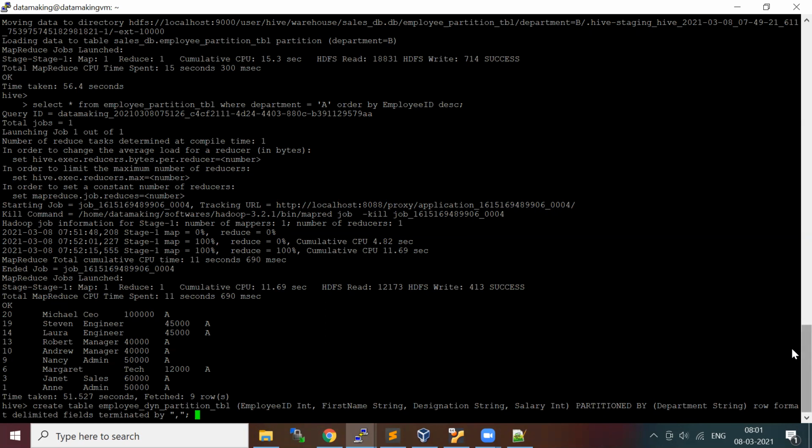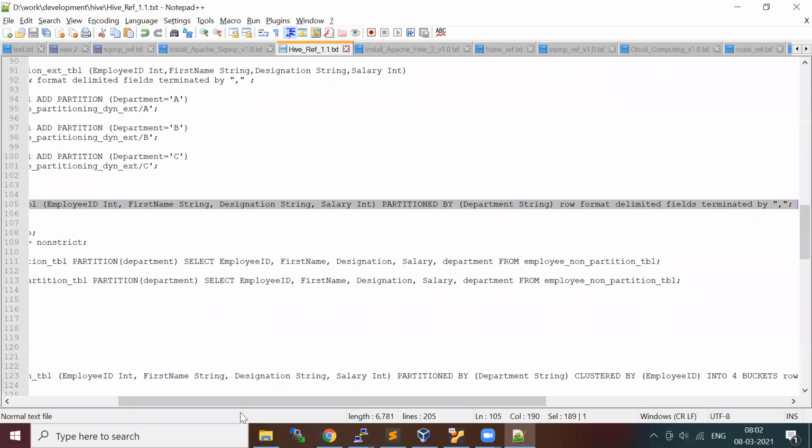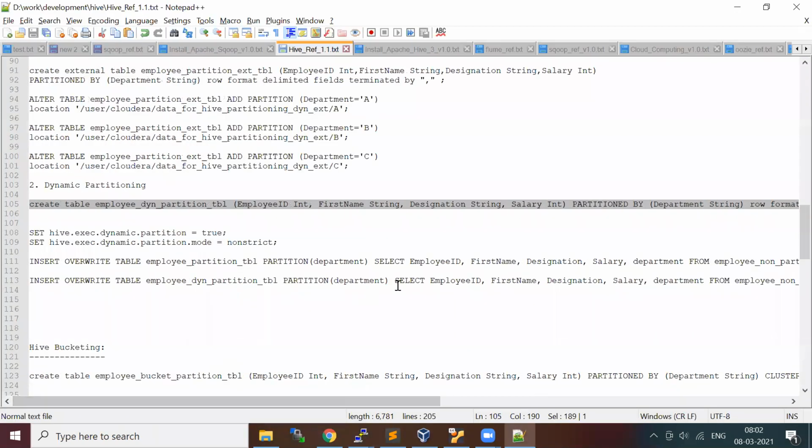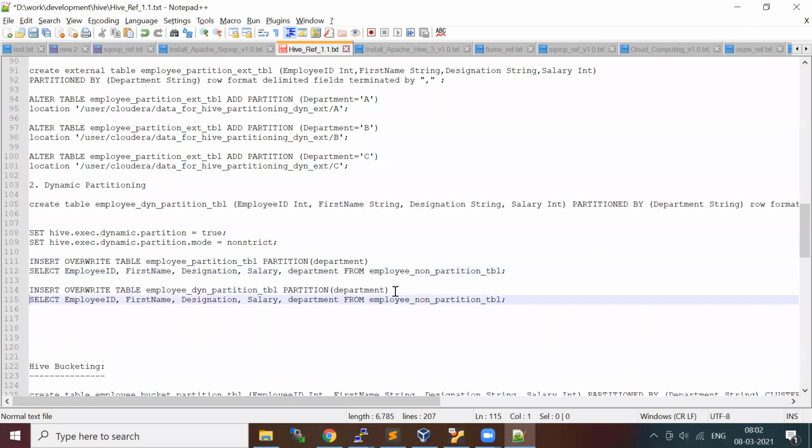Department is the partition column, and the remaining is the same. Now the loading is going to be different. I'll just wrap it into two lines. So this is the table I created.